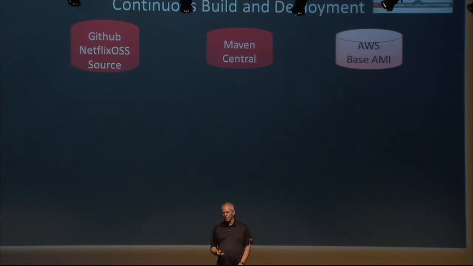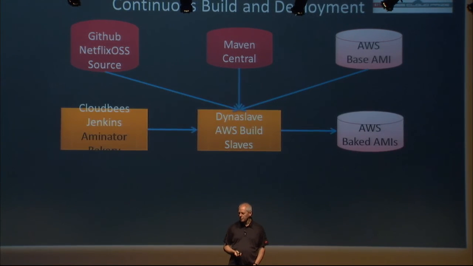So if we look at all the different projects we've got, there's basically GitHub full of source code, Maven Central with the binaries in it, and we're working on getting some base AMIs out. This is currently the thing that is really unfortunate, because we're in this transition from CentOS to Ubuntu, internally we've got a lot of stuff in flight. We're trying to get to Ubuntu so that we can have base AMIs based on the new code rather than re-implementing it on CentOS and then moving on.